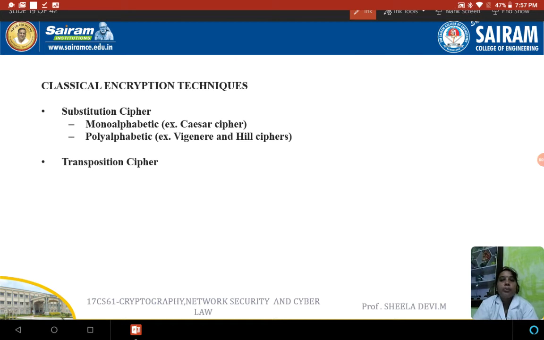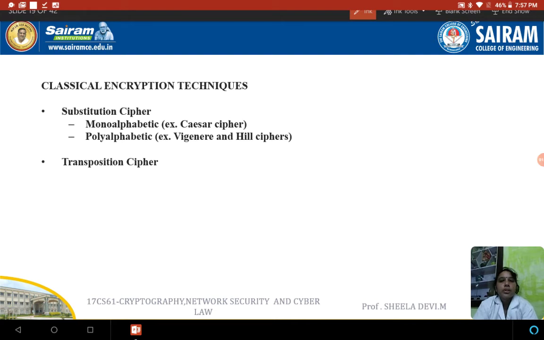How can we make the data into an ununderstandable form? That is the ultimate aim. If you find any technique by which you can make the attacker not understand the things which you have sent to your friend or to the intended recipient, then that is also a type of encryption technique. Here are some simple techniques which we are going to see today.